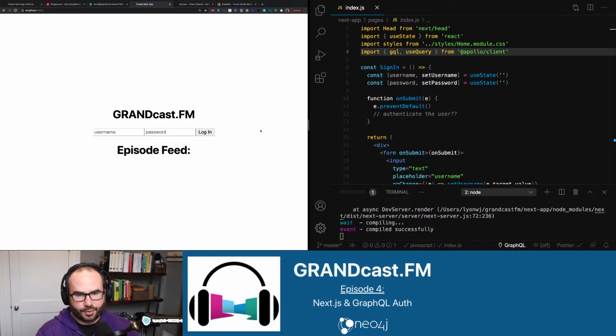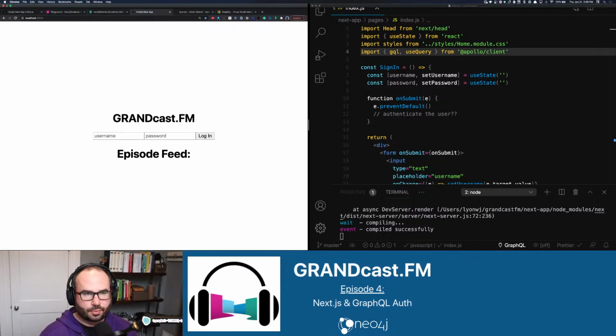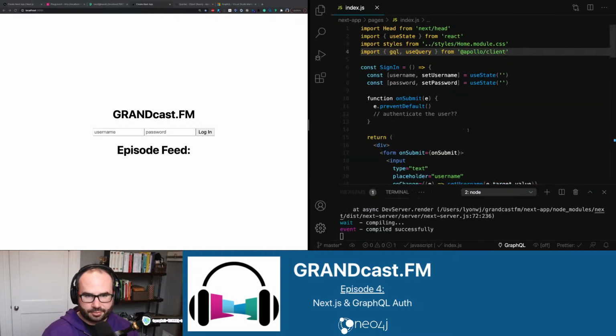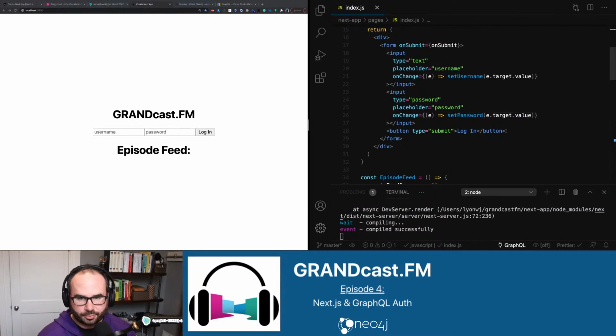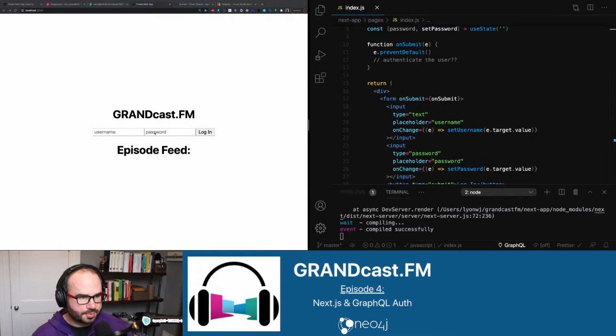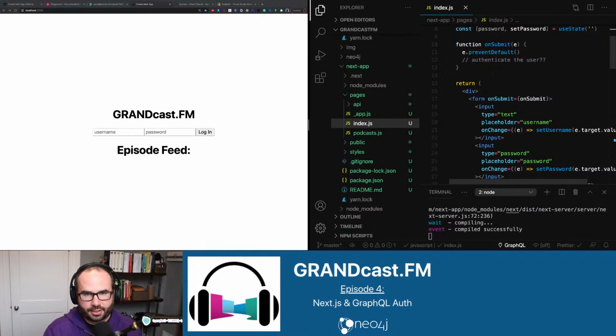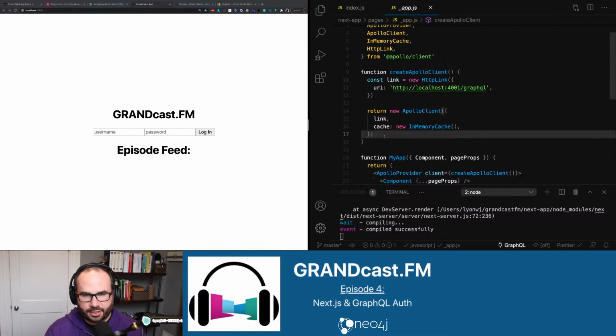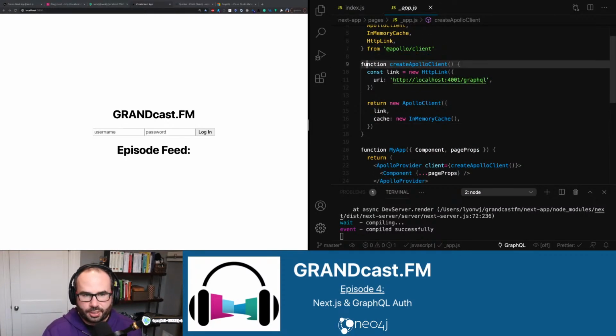Okay. So we now need to handle this sign-in mutation. So we could implement that here in this component, and just, the user types in their username and password. We send that to the GraphQL API. We get back a token. But then the question is, then what? So we have the token. If we do that in this index component, we'll have the token, but we need to get that token up here. So higher up in the React component hierarchy, we need it here